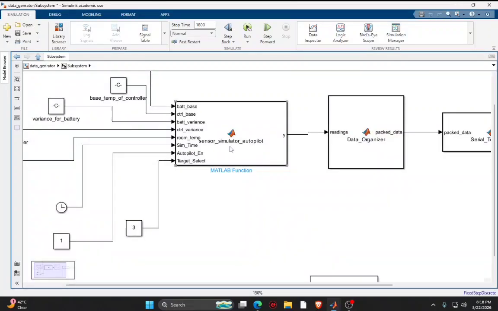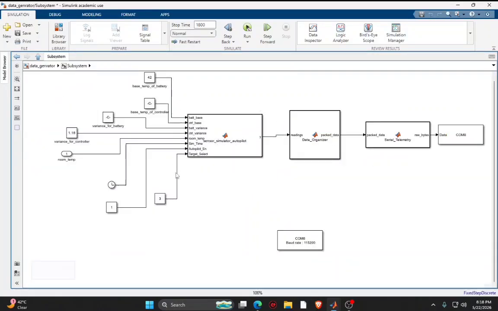This is because this is the main block which will generate the different temperatures. Then this is the organizer which will organize the temperatures and give a specific address to each temperature, so we can understand which temperature sensor has what reading. After that, this will also do one more thing, it will count a real clock. Here you can see we have attached the clock. This clock is connected to our real time, so that will also be organized in this